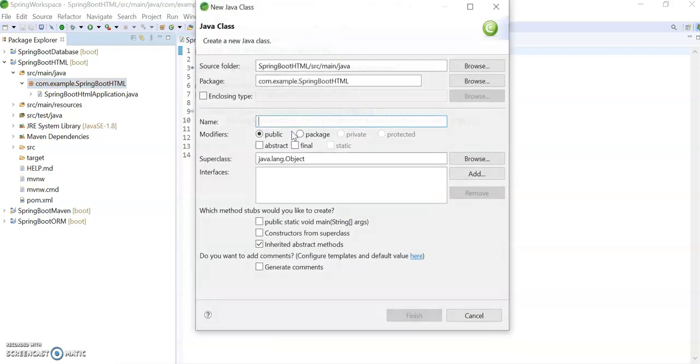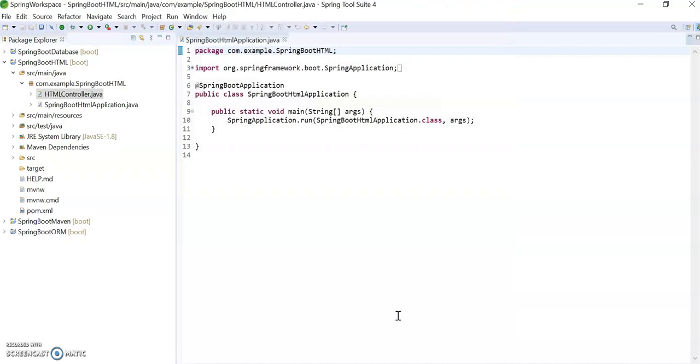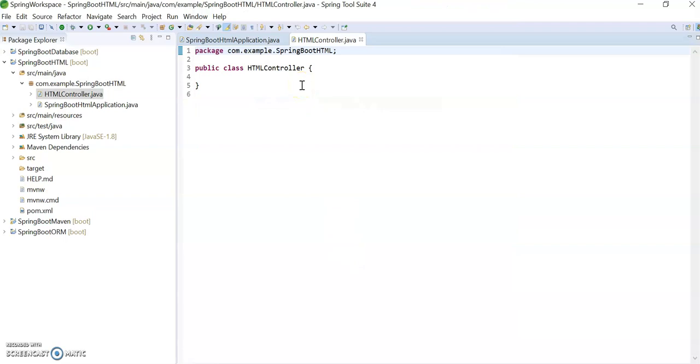So new class, I am giving the name HTML controller. Now our new controller class is created, named HTML controller.